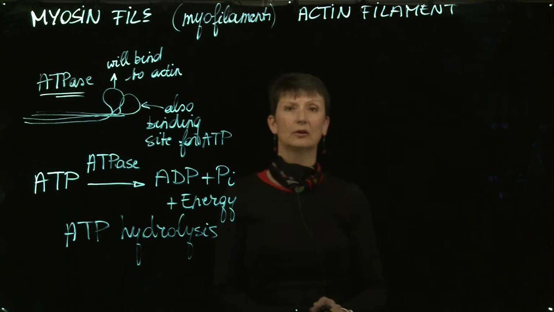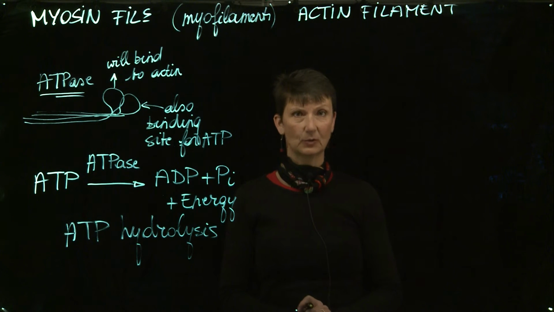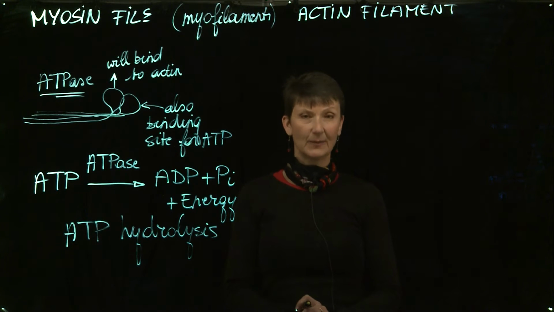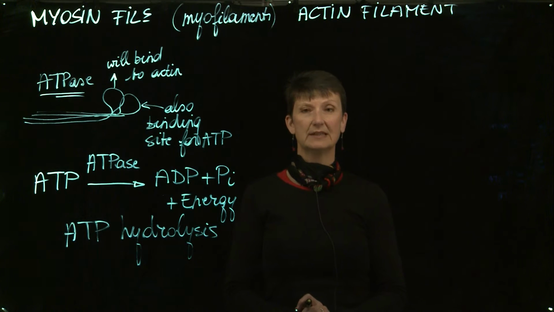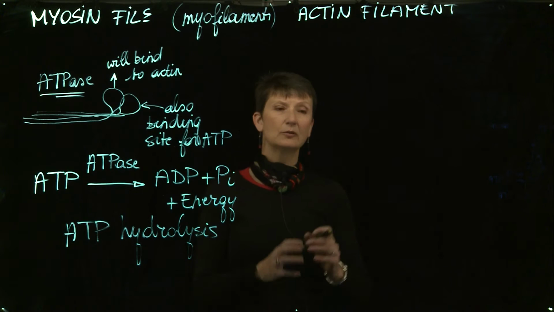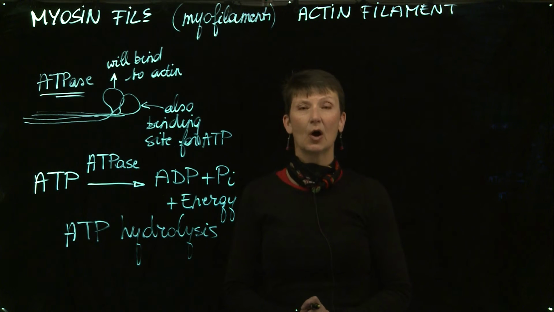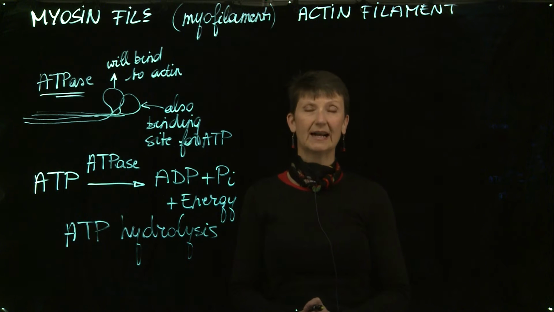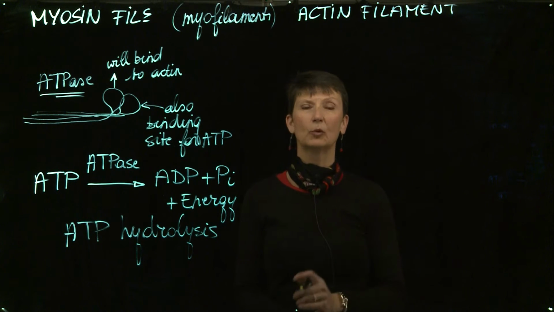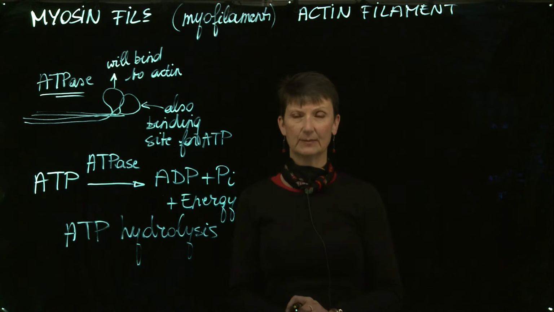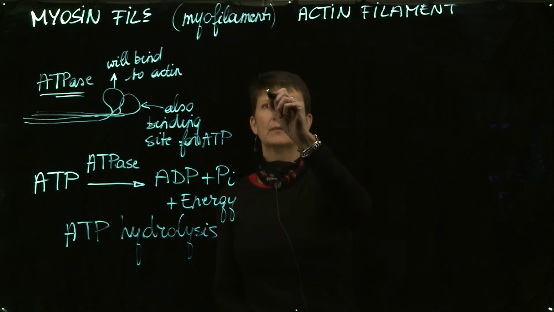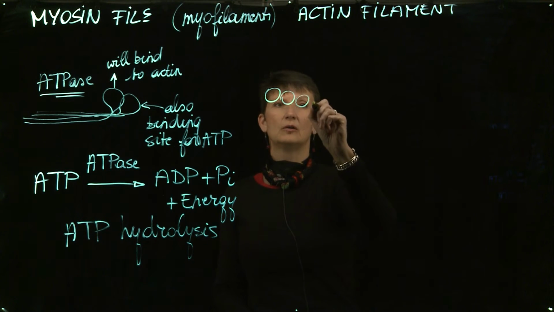Our actin filament is much more complicated. It's made up of 3 different proteins. Now, I'm going to present to you a rather simplified version of a thin filament or actin filament. Your book will show it more realistically. I'm going to keep it simple. For instance, we're going to see, first of all, that